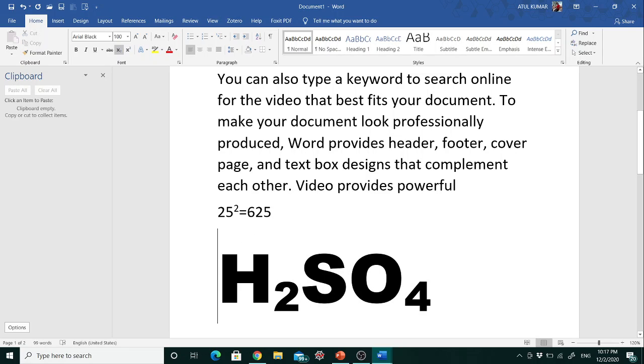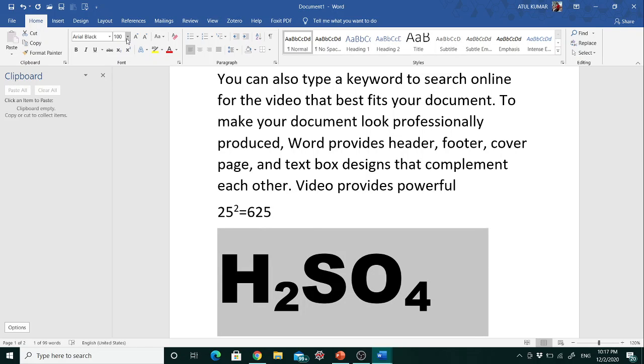Similarly, suppose I type here 2000, so let me check whether it will take 2000 or not. So yes, it will give you a warning: the number must be between 1 and 1638.